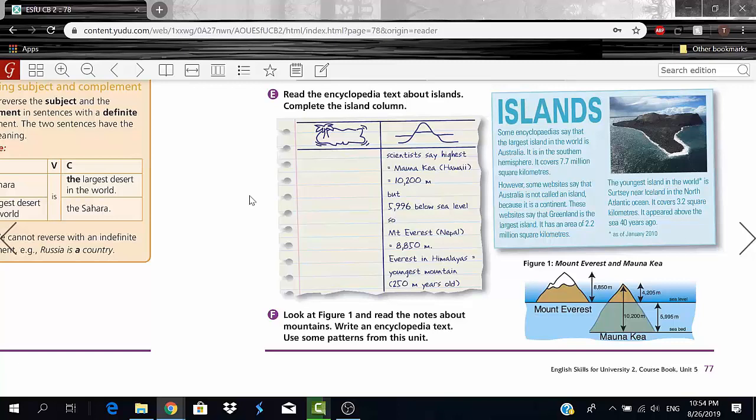So, what's the world's second largest island after Australia? That's correct, Greenland. And what's the world's youngest island? It's Surtsey, yes. And where is Surtsey? Yeah, it's near Iceland in the North Atlantic, okay? And finally, how big is Surtsey? That's correct. It's 3.2 square kilometers.